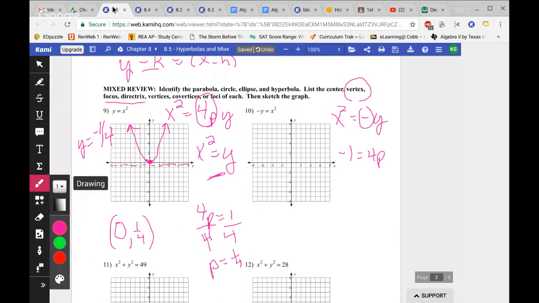Okay. So if I solve for p, I'm going to divide both sides by 4. And this time, p equals negative 1/4. So once again, this is going to be